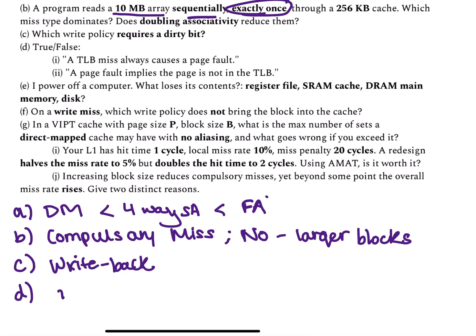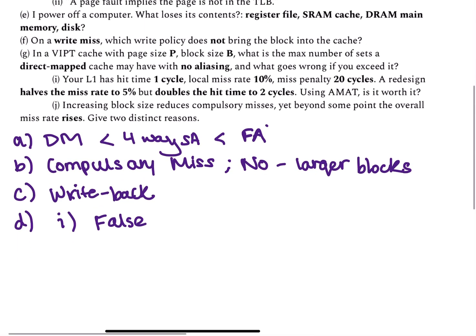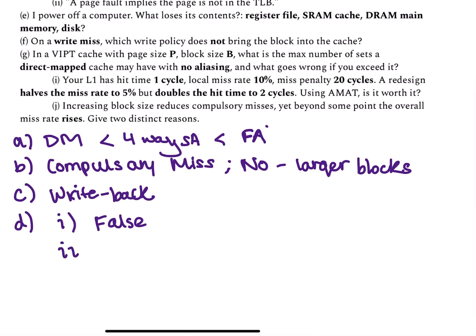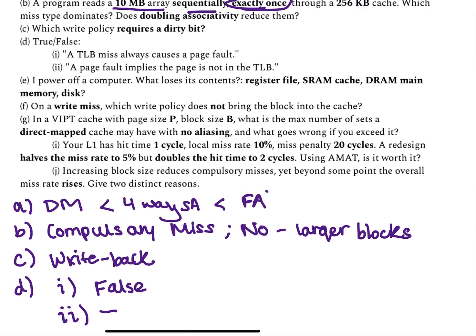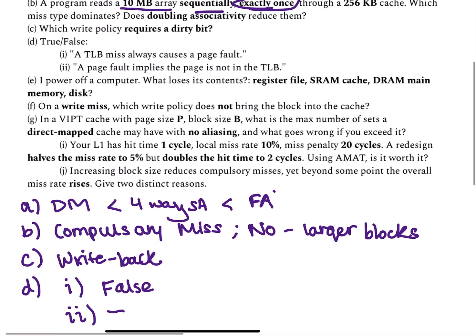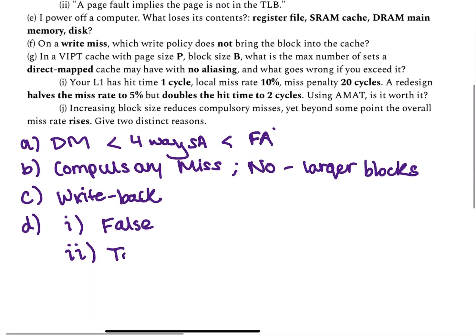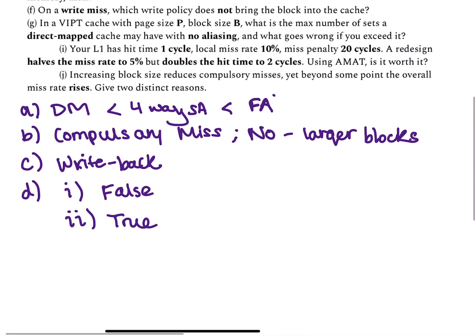Part D, true or false. A TLB miss always causes a page fault. False. TLB just has to do with the translation being cached or not, but the page might be actually there and we can walk the page table to find it or not. And we're asking, is it a page fault? Does it imply that the page is not in the TLB? Technically true, because if it's not even in the page table, then it can definitely not be possible to have